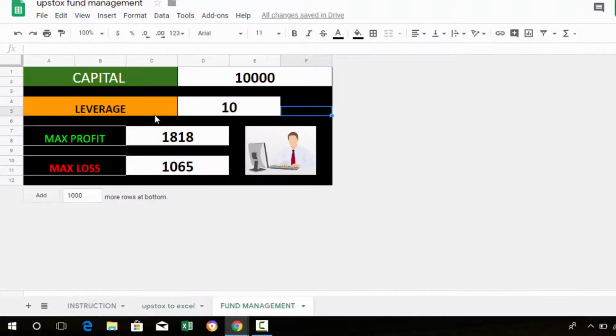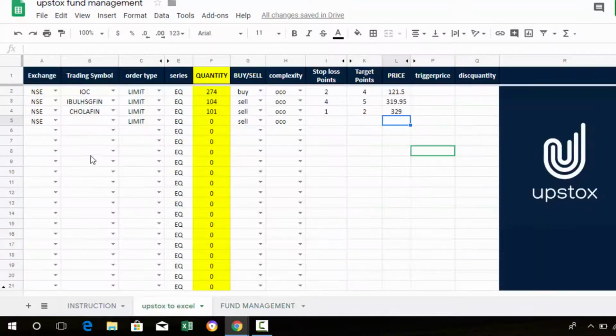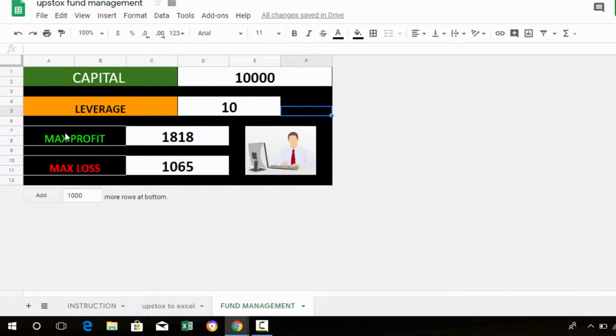Once we put the capital and leverage here, it will be divided among the stocks. Then the quantity is automatically calculated. And if you put stop loss and target in the fund management section, it will automatically calculate how much profit you will get, what is your loss, maximum loss and maximum profit. Okay, if you feel that it's too high, then you can reduce capital here to 5,000. So from here you can manage your fund.